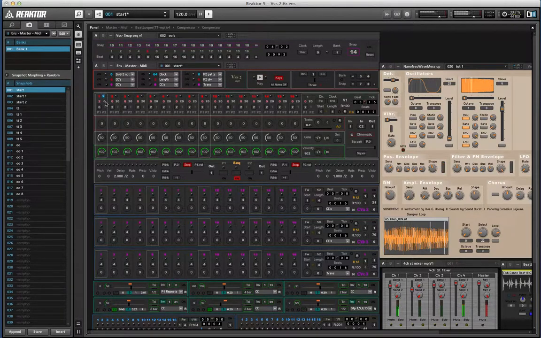Which is why you've got that there. So when you increase the step length, because that's all related to each other, you can start to